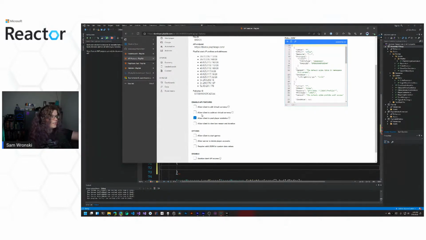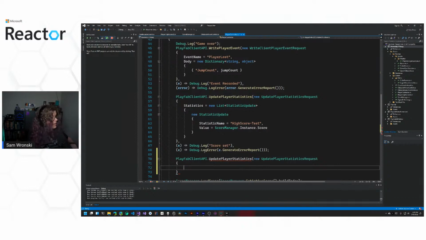The reason is because if you allow players to submit this, they can override their own statistics. Depending on what you're storing, that probably isn't something you actually want. So by putting it on the server, you can have stricter control over that, and you avoid people just submitting junk. So that's what that's there for. If you're not so concerned, like we're not here, you can actually just submit it and turn the option on. So update player statistics, we're going to just do that.